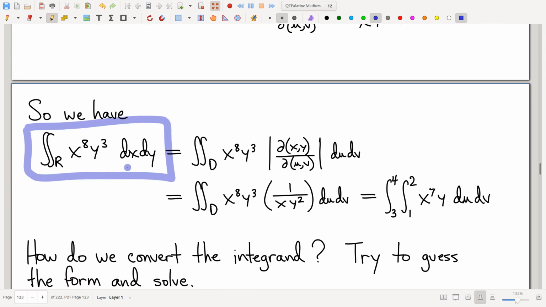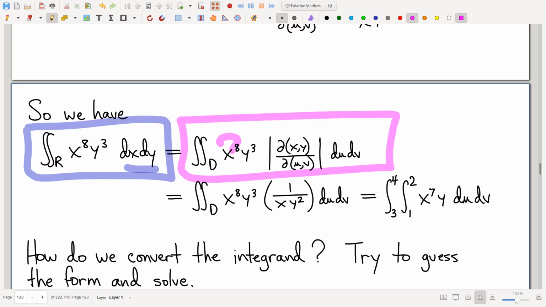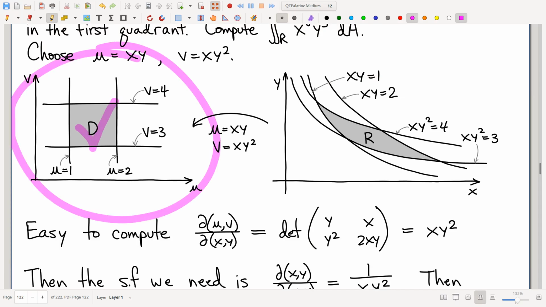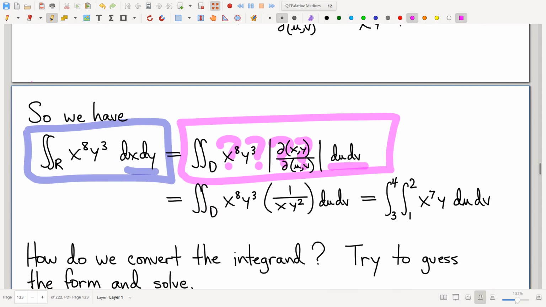It is an integral dx dy. Don't forget, what I want is some sort of an integral. I don't know what the integrand is. We'll deal with that later. But some sort of an integral du dv, because I want to do an integral on this domain in the uv plane. So this is the situation I face. I've got to figure out now, what is it